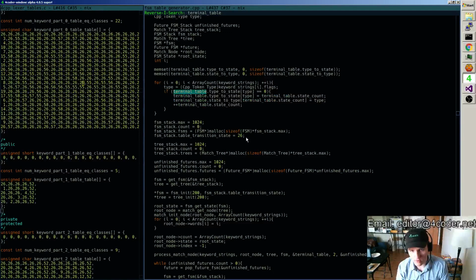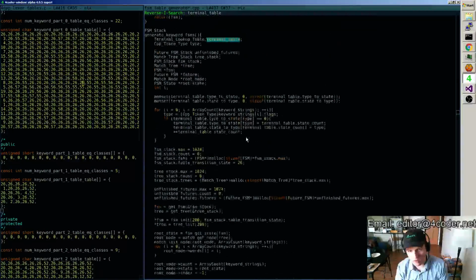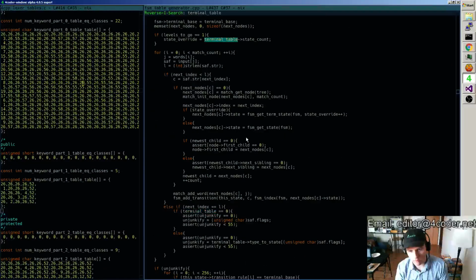Okay, so the terminal table basically is a two-way lookup table from terminal states to the token type that that terminal state represents, and vice versa. And that means in our terminal table, we have a terminal state for like 0 and so on. We filled all those up, and then state count. You're telling me that we're using state override starting from